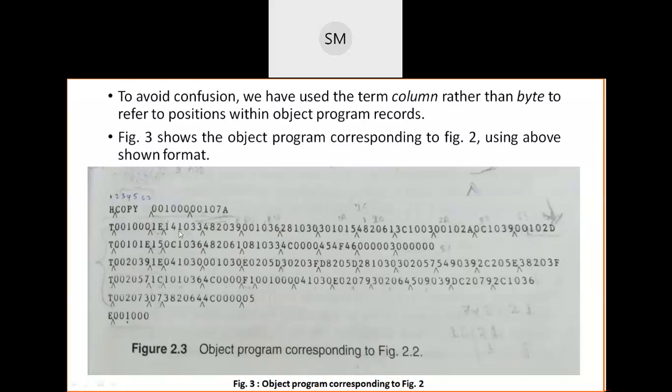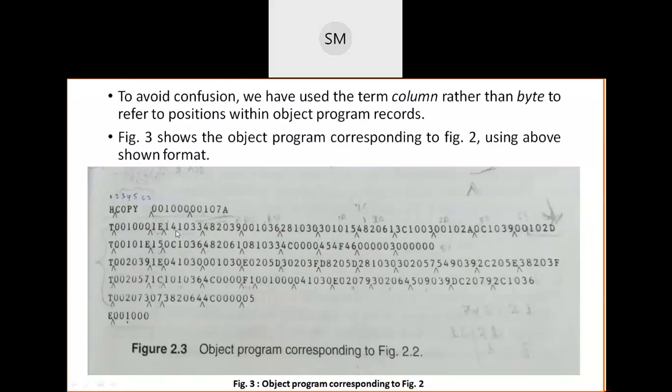And after stopping there, for each and every object code, for your understanding and my understanding, we have used these caret symbols here. If you remove them, you will not understand where my first object code, second object code, third object code is. So it is very easy for me to tell this is the first object code, second, third, fourth, fifth, sixth, seventh, eighth, ninth, 10th.